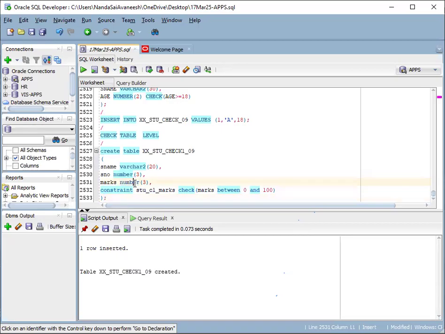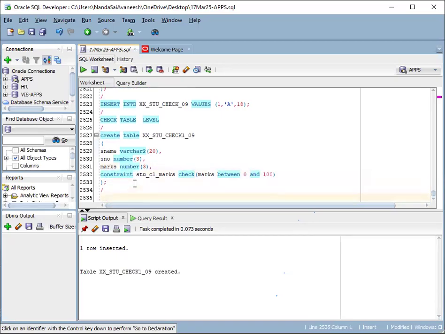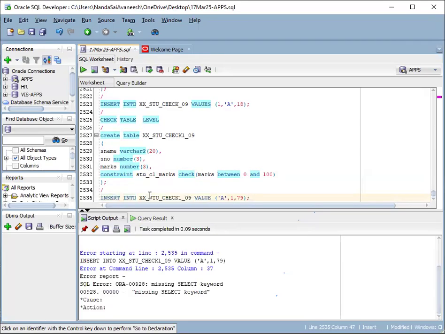So this table is created now. Insert into table name values. You need to give the name first here. And serial number 1 and marks, suppose this should be 79. Then it is going to